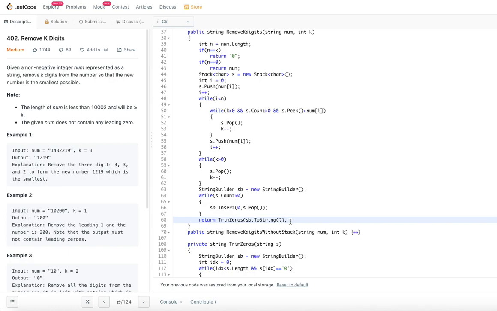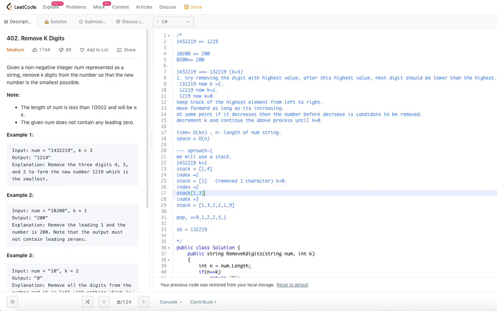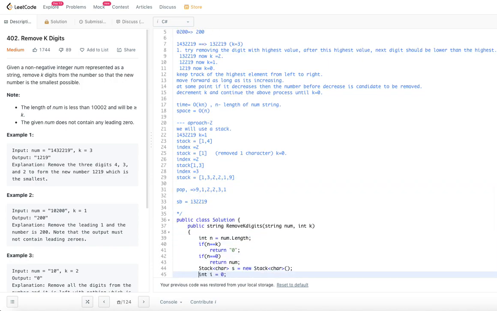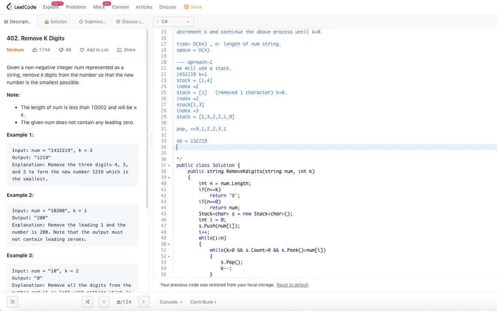So this is essentially using the stack operation. We are exactly doing the same operations as our first method, but we are using a stack instead of going through the same number starting from the 0th element again and again and again. So we are not doing that in approach 2 when we employ a stack. Let's go ahead and look at the time and space complexity for this algorithm.